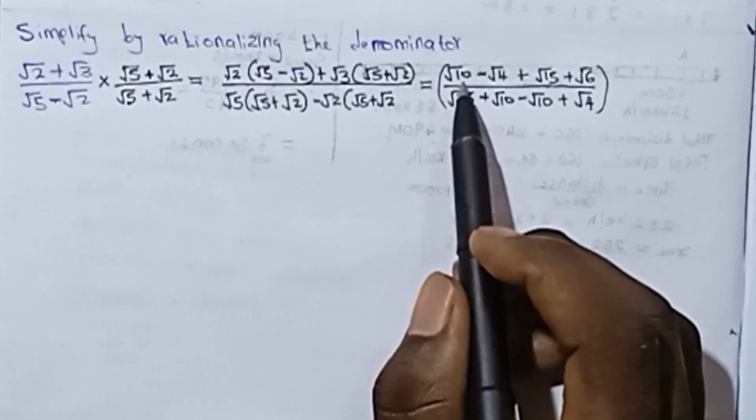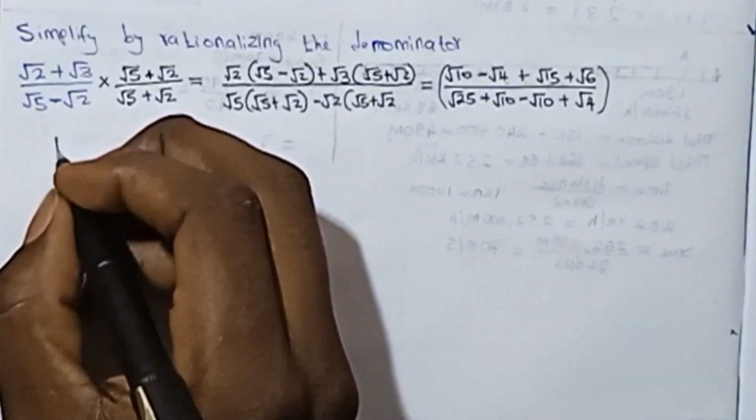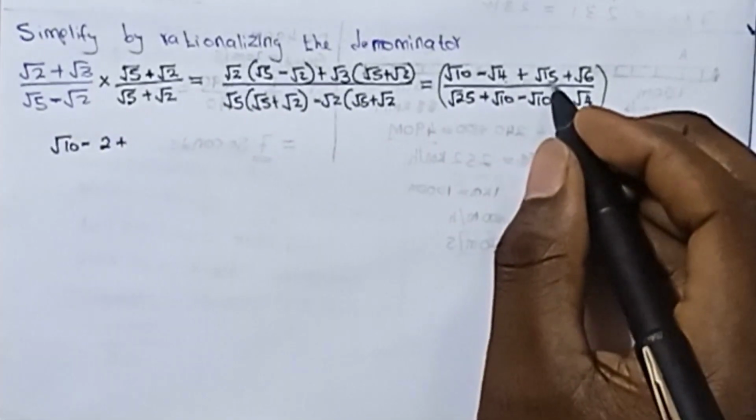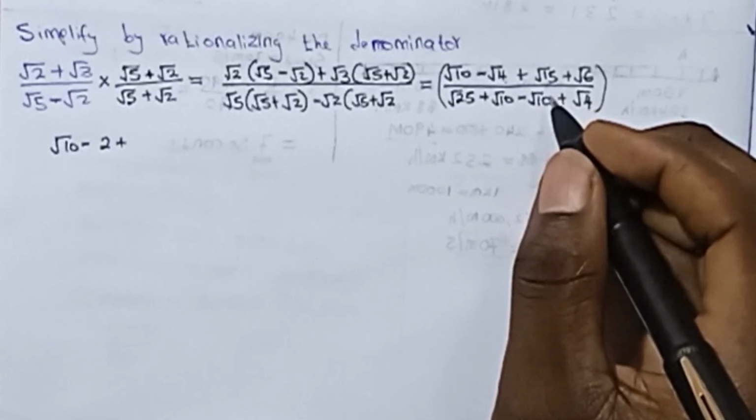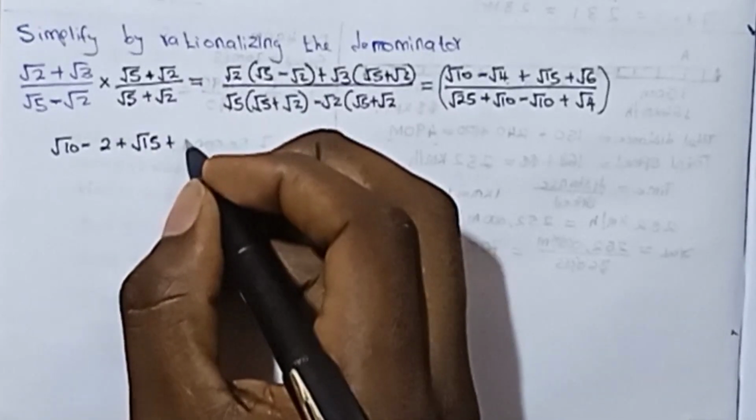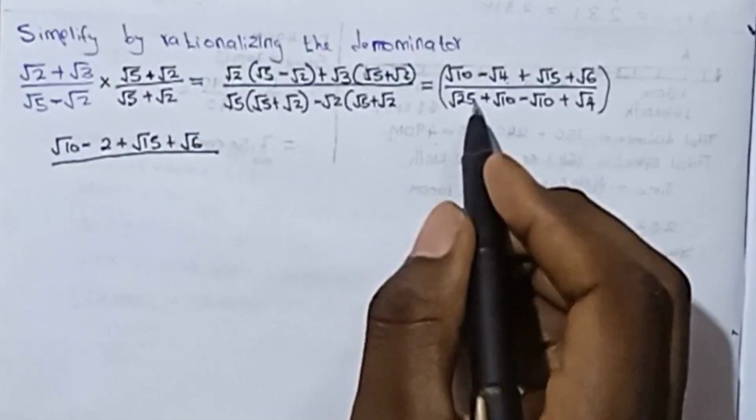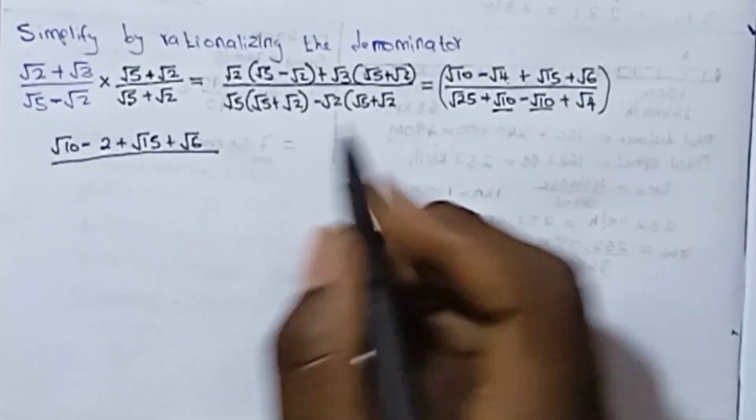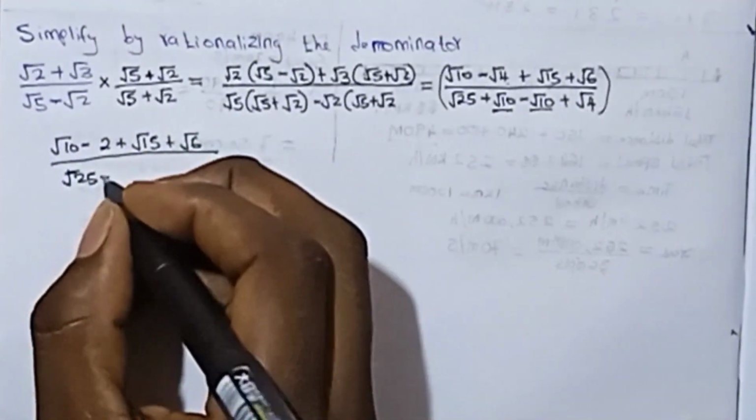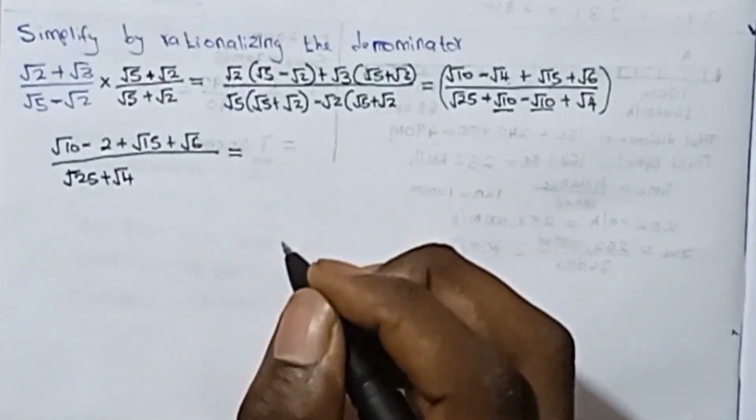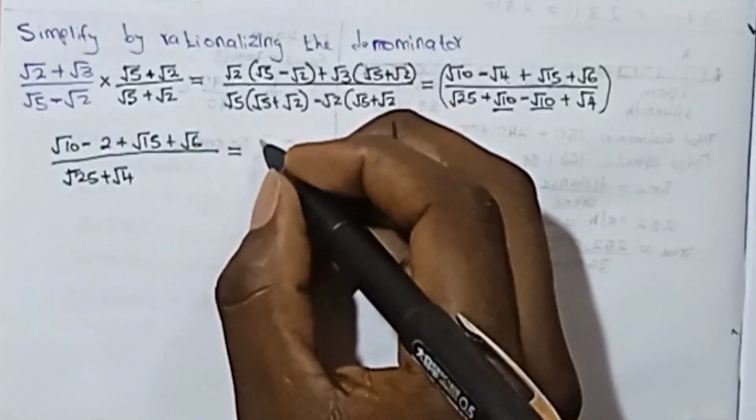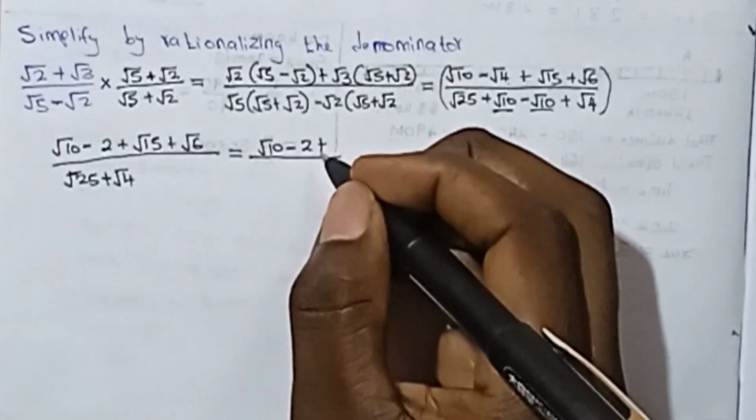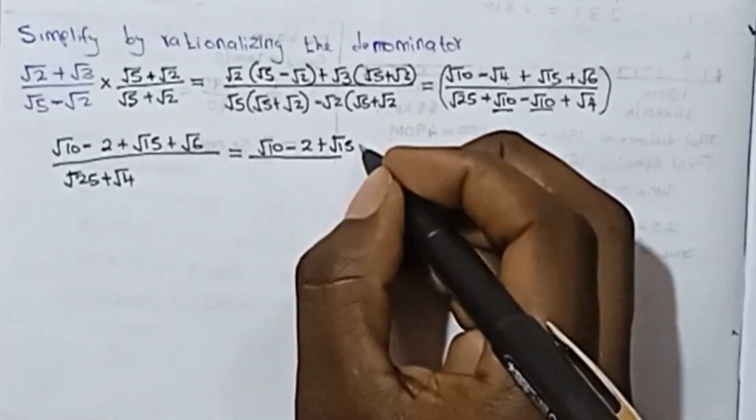So there is no common number here, so root 10 minus root 4 is equals to 2 plus root 15 is equals to root 15 all over this positive root 10 and this negative root 10, they are going to cancel, so we're going to have here root 25 plus root 4, which is equals to root 10, rewriting this, minus 2 plus root 15 plus root 6